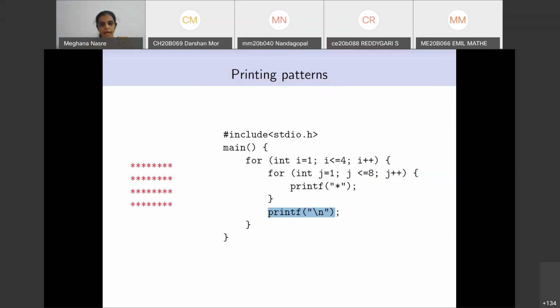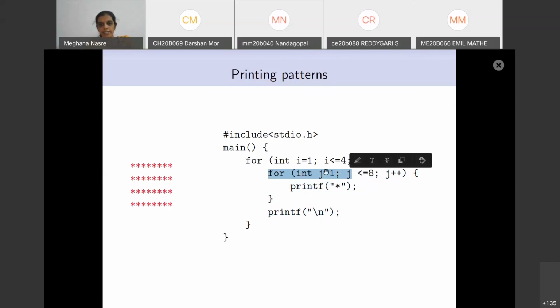Yes, ma'am. Also observe that this pattern naturally has the form of a matrix, a two-dimensional thing, and that is leading to nested loops, the first going over the rows, the second going over the columns. So when one iteration of the first for loop is done, where i was equal to 1, and you go to i equal to 2, the inner for loop is running all over again.